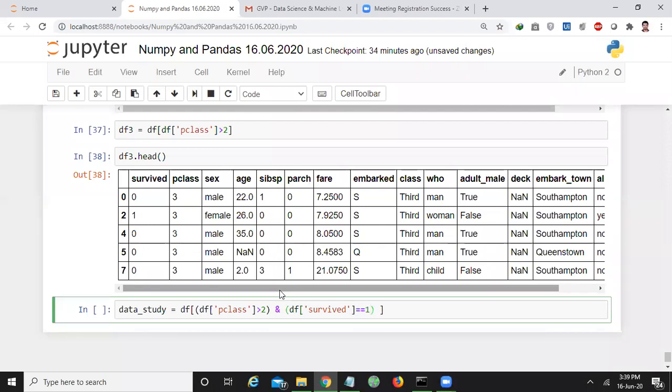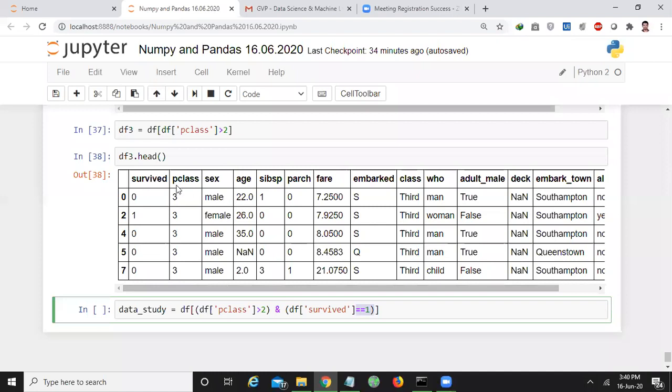If you see the query here, my interest in data underscore study is I want to retrieve the records, the passengers whose class is 3, who are third class, and who survived. If you survived, the survived value should be 1.